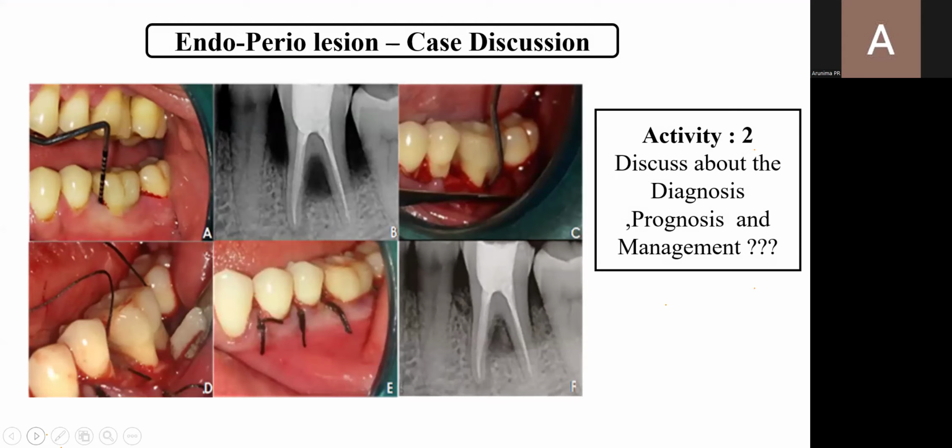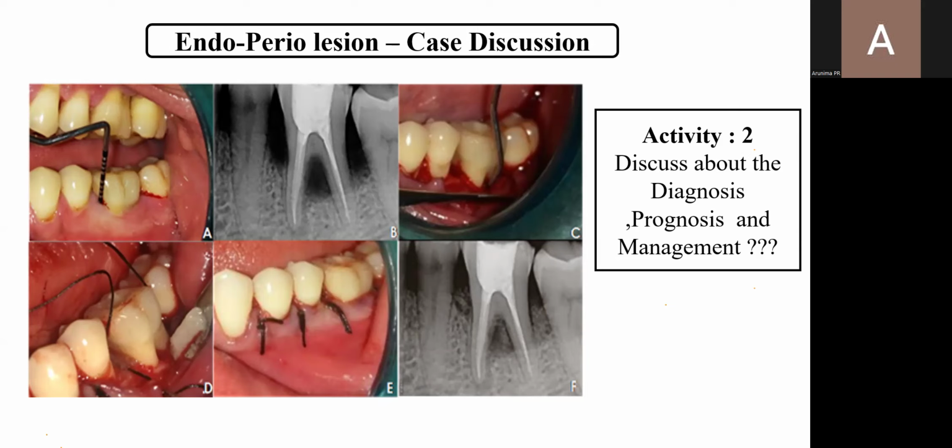Yet another case, I think you all can do this activity, discuss about the diagnosis, prognosis, and management. Yet another case, and this case itself is very clear. The probing has shown only one mesial line angle, but still from the radiograph, it is very clearly seen that the furcation radiolucency is evident. It could be a through and through lesion,